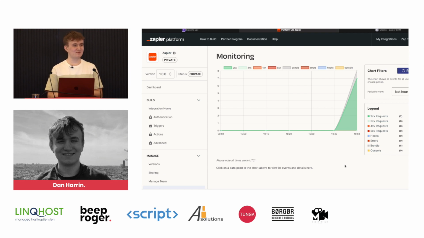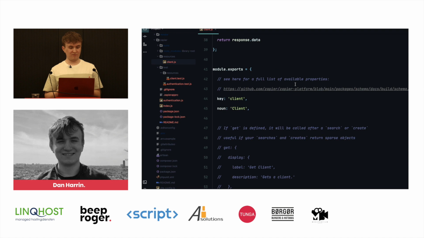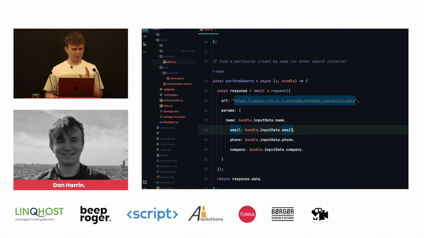Yes. Does the error handling handle retries? I believe it is configurable because in our client, this is just a Node.js app. You can install any sort of fetch library you wanted to. I'm pretty sure that the default fetch library here probably does handle retries for you, this z.request. This is a Zapier specific helper utility class here. And this should have some sort of retry function in it. But if it doesn't, you can always just import your own retries into this and handle that for yourself.